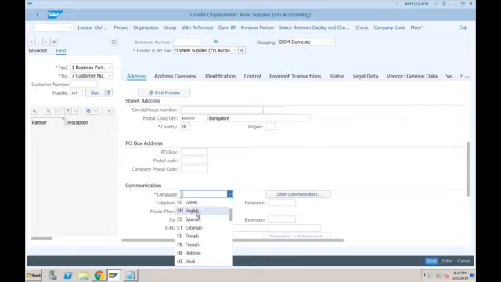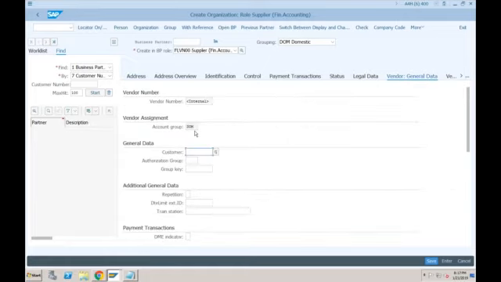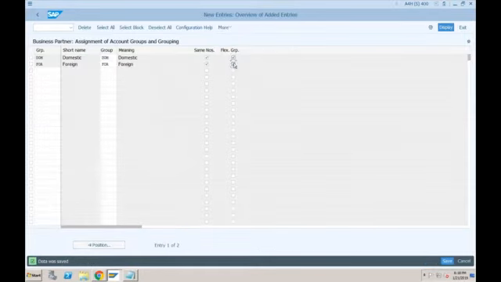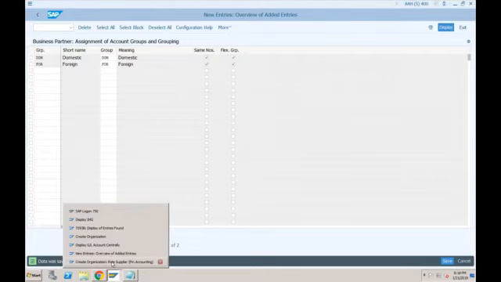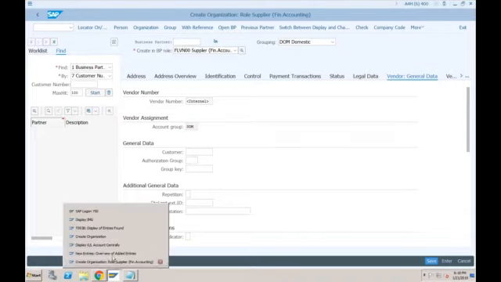Okay, whether these fields are mandatory or optional, that still depends upon the vendor account group. Because as soon as you select this grouping, system determines the vendor account group. If you go to vendor general data, see, system has determined the vendor account group. And whether it is allowed to change here or not, that again depends upon the configuration. So here you can specify flexible grouping, which means if you tick this, when you create a BP at that time, whether this is flexible or not depends upon this configuration.